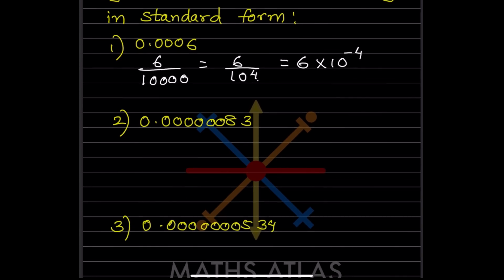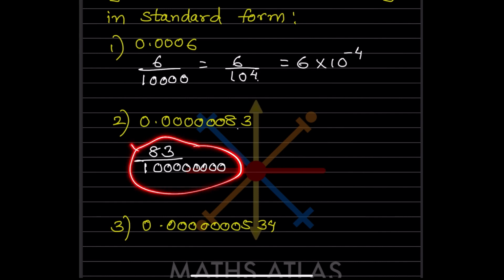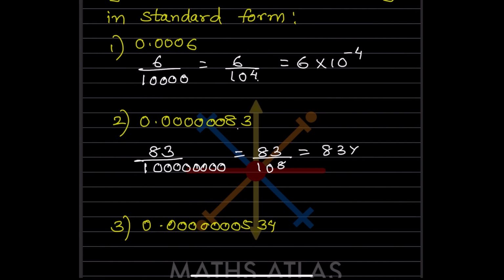Now let us see the next number. If we take this number, 83, we'll see how many zeros we have here. 1, 2, 3, 4, 5, 6, 7, 8. So what are we going to do? You are going to write 1, and we are going to put 8 zeros. 1, 2, 3, 4, 5, 6, 7, 8. So when you divide, you get the same as this one. So now what will you write here? We'll write 83 divided by 10 raised to 8, and that will be 83 into 10 raised to